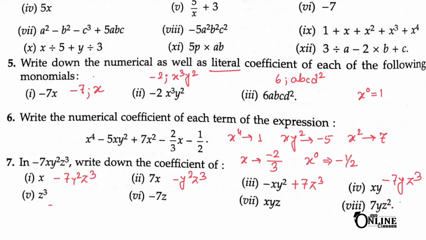As here z cube, so you know it's minus 7 x y square. Next one minus 7z. So minus 7 cancels out, and as here z cube, that means there will be z square. So your answer x y square and z square. Next x y z. So minus 7. So 1 y will be there, and here z square. Last one here 7 y z square. So minus will be there, and as here x, then 1 y will be there, and next one 1z. So minus x y z.